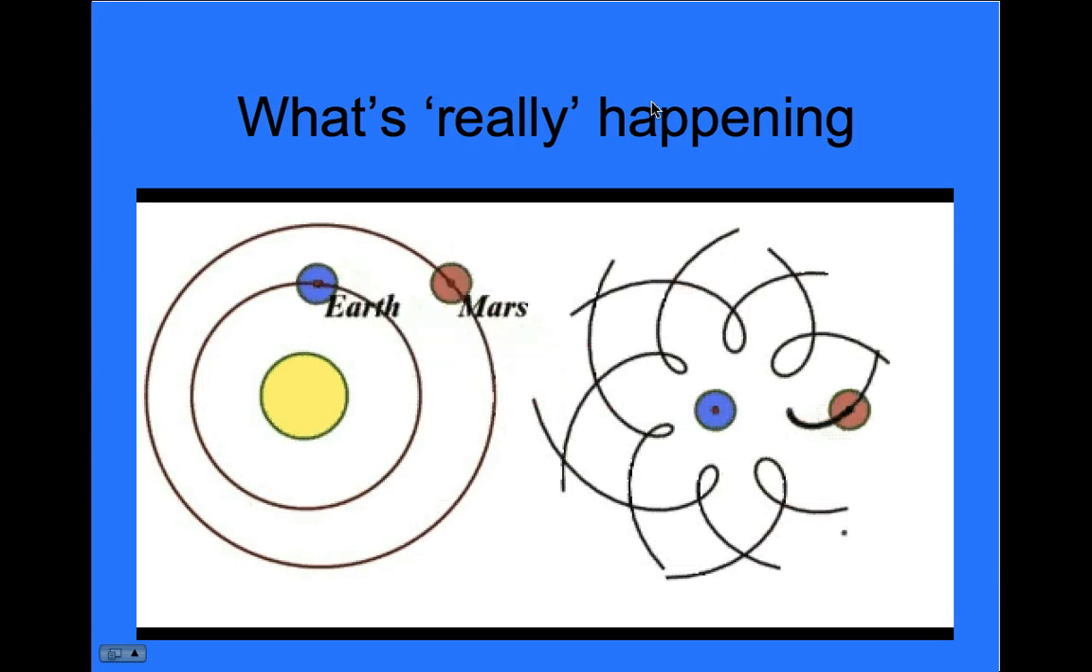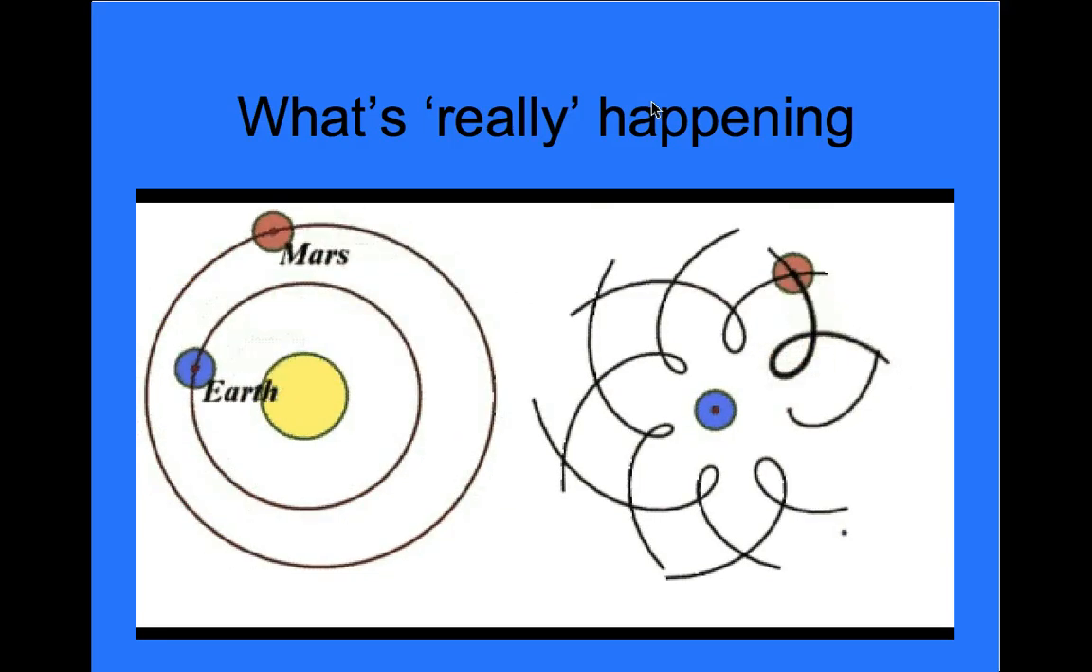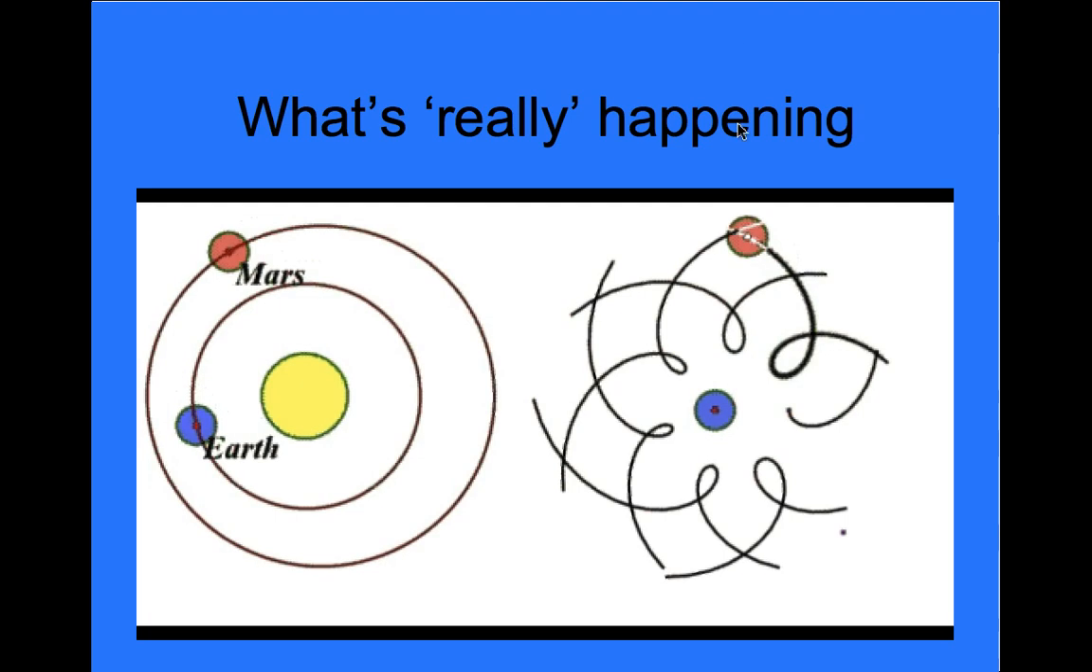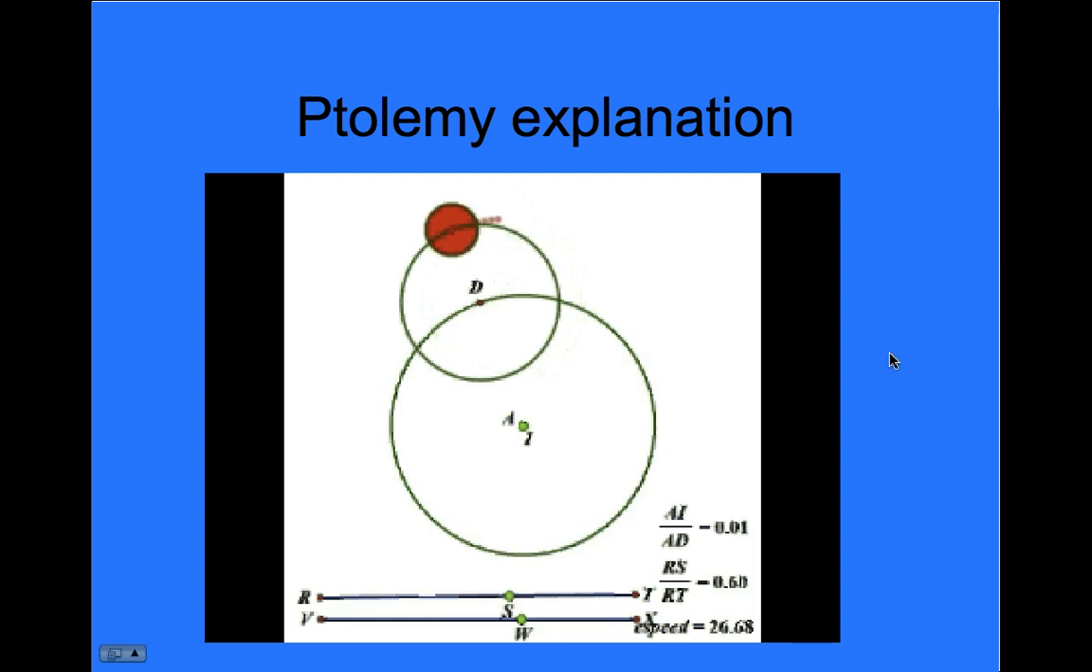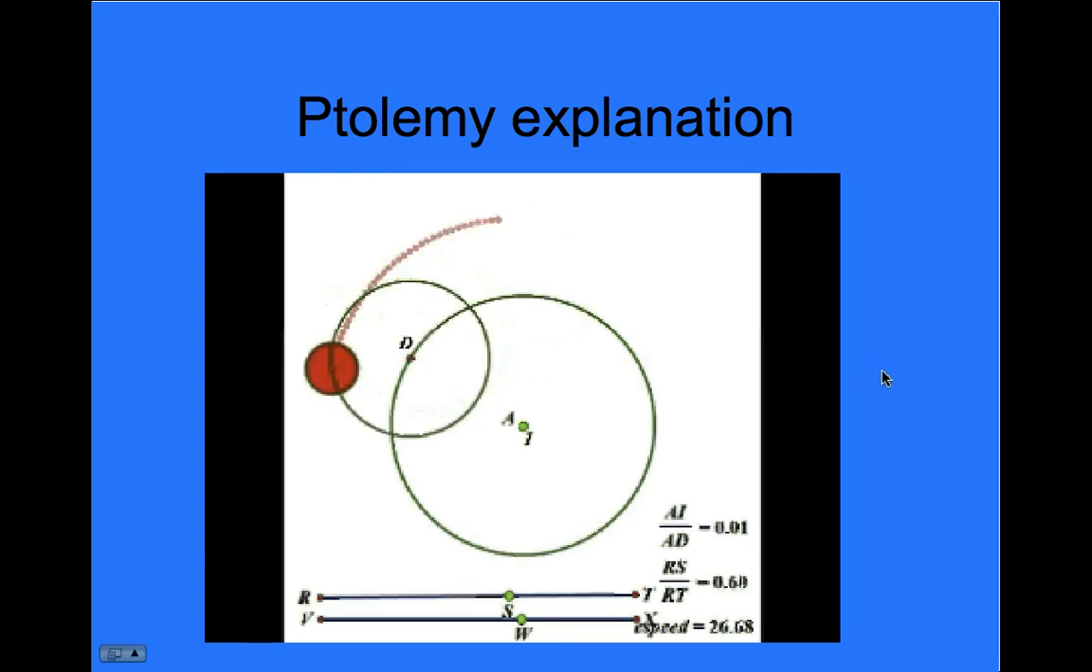But from Earth's perspective, Mars seems to be doing something like this. It's far away. It seems to be moving backwards and then goes forward again. That's what was really happening, but they didn't know that back then. So Ptolemy had a great explanation, which is